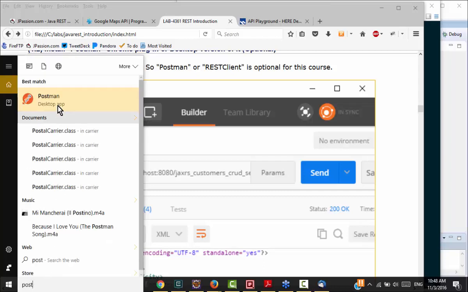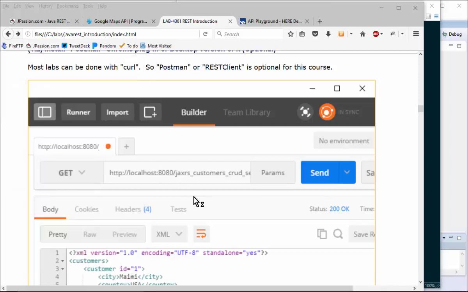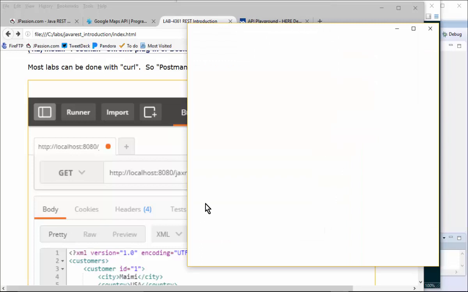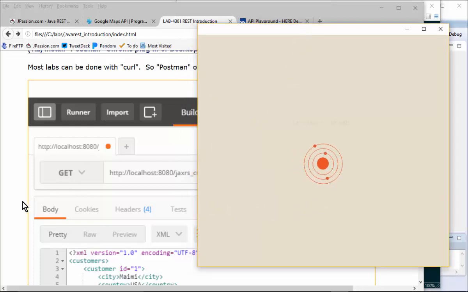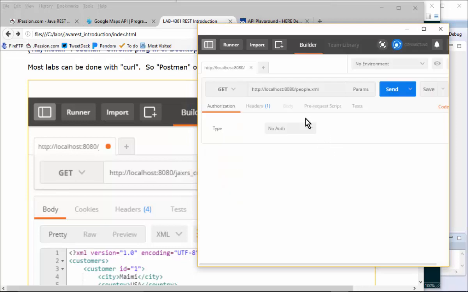Yeah, so Postman, I have installed it as a desktop application. So let me just move on. Here you go. I don't have any website here, I don't have any local